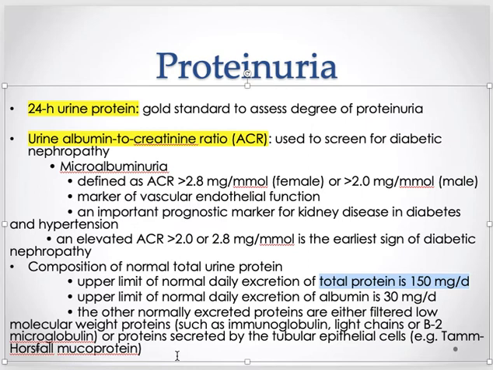So albumin is formed by the liver. By the way, all the proteins are formed by the liver. The important thing is that even immunoglobulins are proteins. Concentration of albumin in the urine is a very sensitive indicator of kidney disease, particularly in diabetes